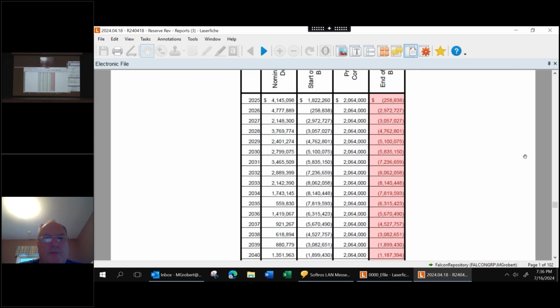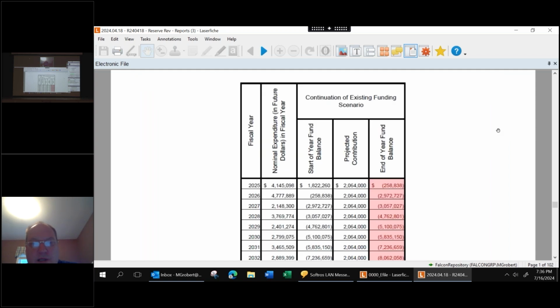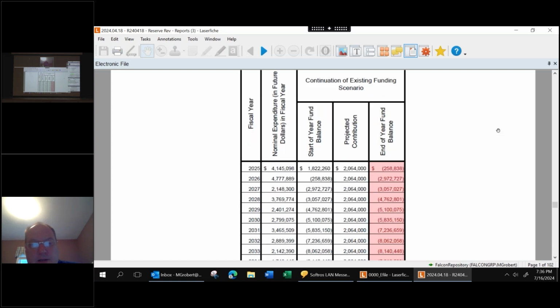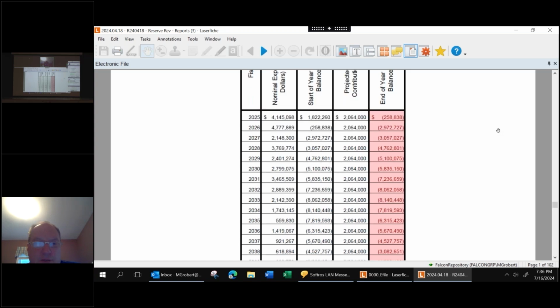Sorry, Matt. Okay, so your projection sheets. Page 60, C63, they start on, for those who are following this. This first one is just if you continue at the rate you're funding, the 2,264,000. Obviously, with all of your expenses, it's showing that you'd be in the red, negative balances. Assuming, and again, this assumes that you do the replacements as scheduled in the funding schedule. Obviously, your board has to make decisions how to go about that